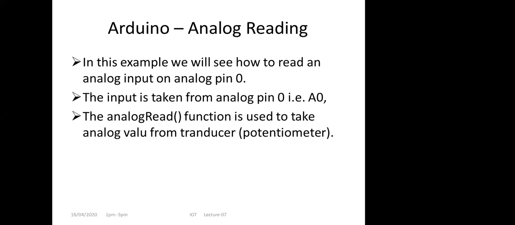See, a sensor takes any physical changes happening in the surroundings and converts them into an electrical quantity. A transducer converts a physical quantity, like force or pressure, some mechanical quantity, into an electrical signal.